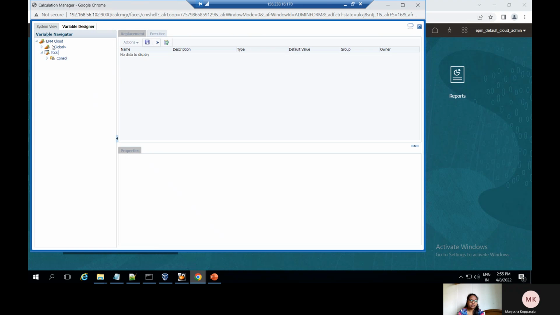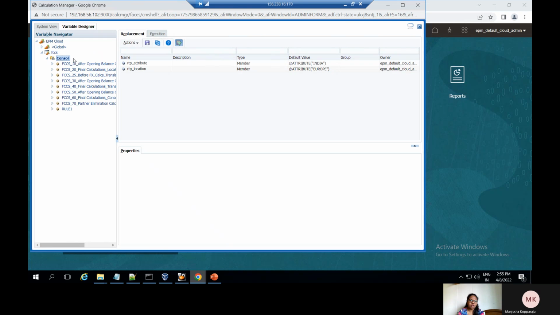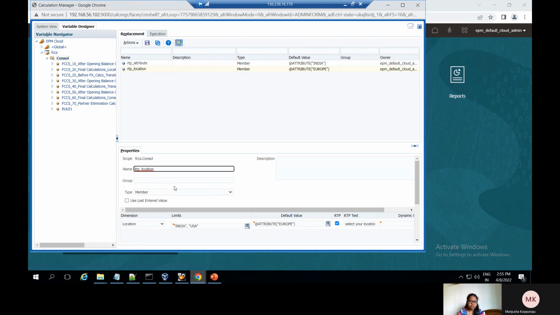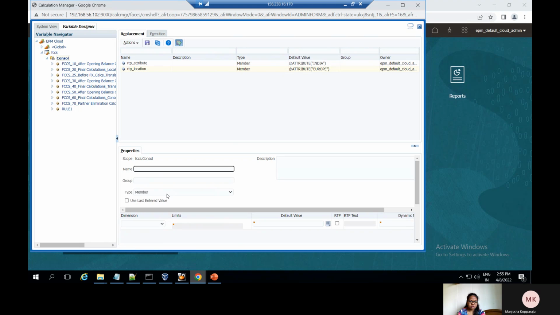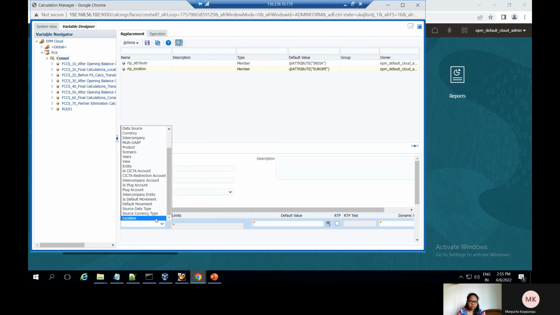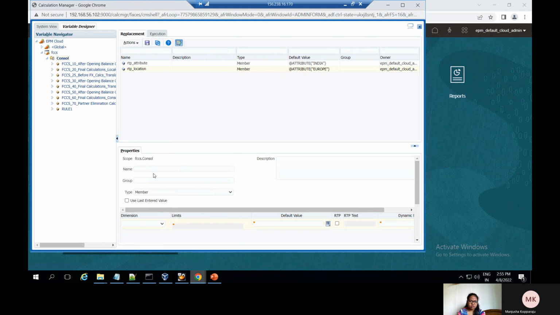And here we can create a variable designer under global section or application level or in the cube level. I'm creating it in the cube level. I've already created one. Just now I'm taking the other one. Click on actions and add new. I want to add the location, here we'll give the name as